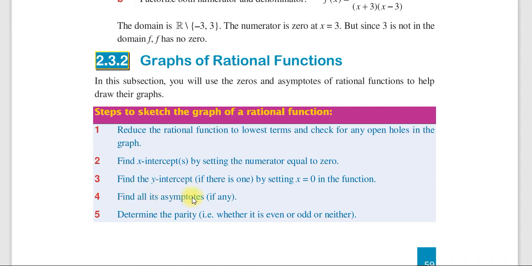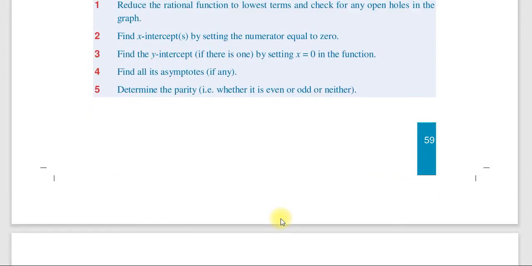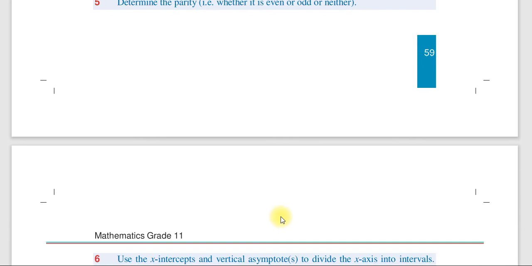አራተኛ find all the asymptote if any. asymptote ካለ ደግሞ እንፈልጋለን። finally determine the parties, ያ ማለት whether it is even or odd or neither. ስለዚህ ፋንክሽን even ፋንክሽን ነው odd ፋንክሽን ነው ወይም neither ነው ብለን ዲተርማይን እናደርጋለን ማለት ነው። ሌላም በተጨማሪ እዚህ ጋር